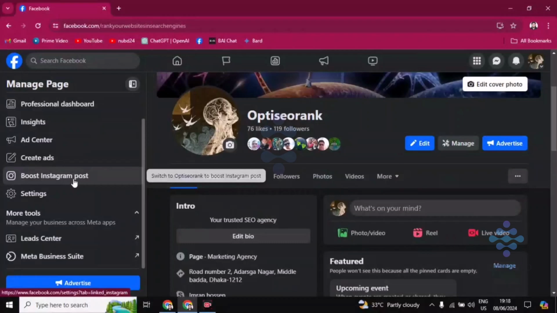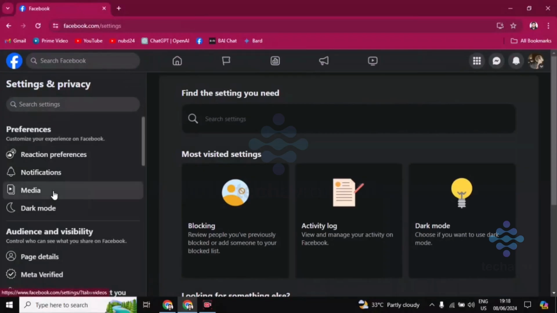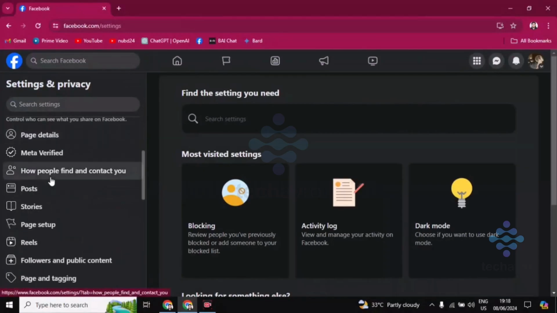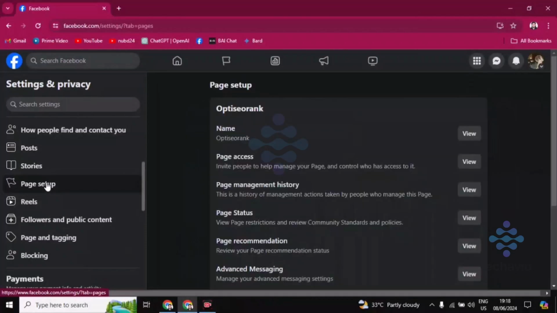Then you have to scroll down and go to settings first. Then scroll down till you find Facebook page setup. This one, page setup. Click on page setup. Then you will find here the name option. Click on view,